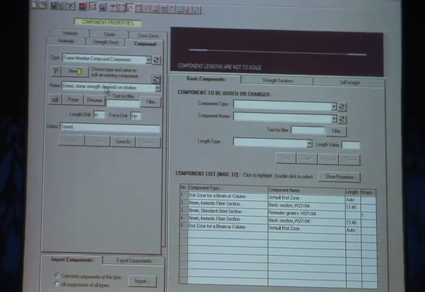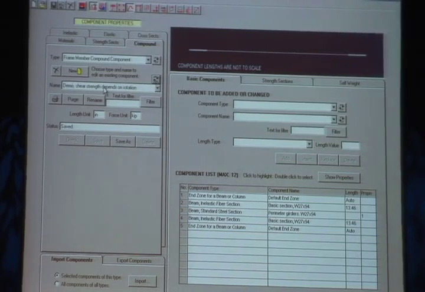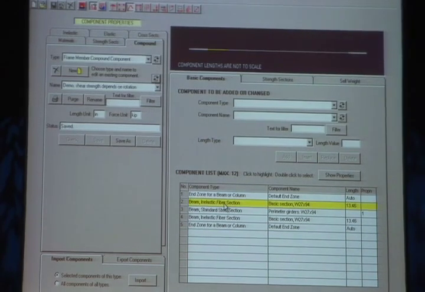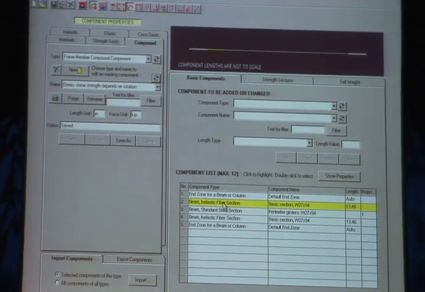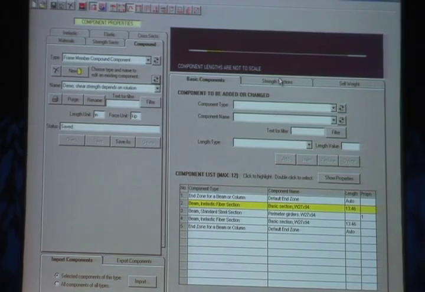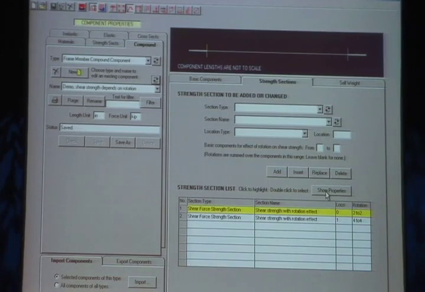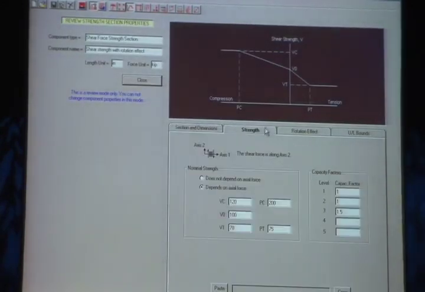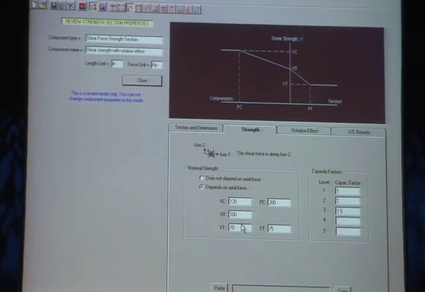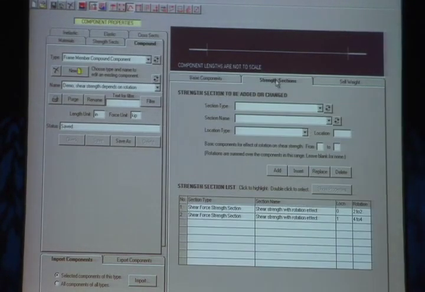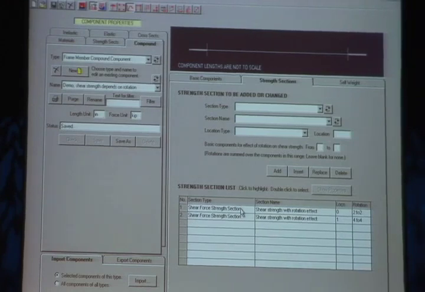And here's an example where the shear strength depends on the rotation. This actually is the end zone is a plastic zone model with the fiber beam section. And if I go to the strength section, what I've done is define a shear force strength section. And it just happens to be rather crude. It's got a strength of 100, and actually the strength can depend on the axial force. Let's not worry about that. What I'm interested in now is if I look at the strength section,